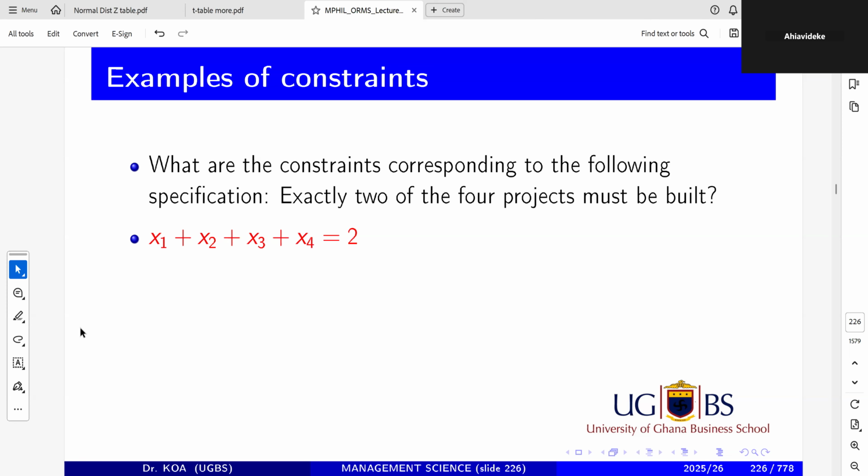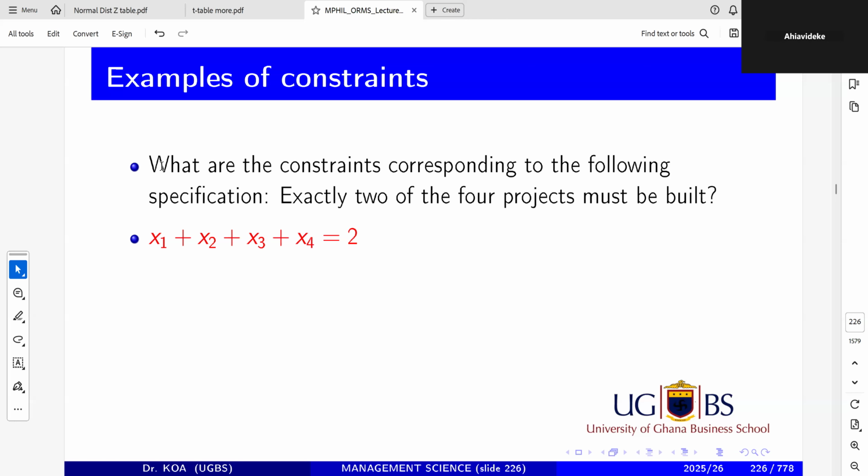The options or the projects that you've been given are x1, which is swimming pool, tennis, athletics, and gymnasium. It's equal to 2 because out of the 4 we want only 2 facilities, but that's up to the company or whoever is in charge to choose which 2 they'll build. Please, do you understand? Belinda, you are the one who has